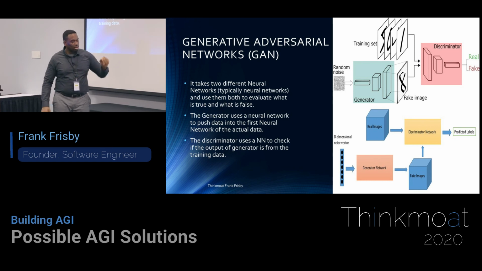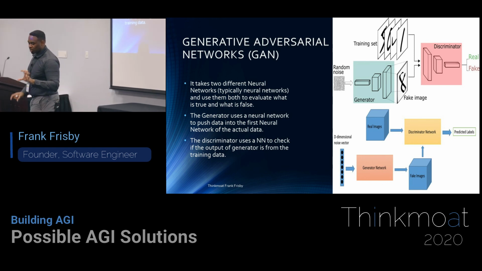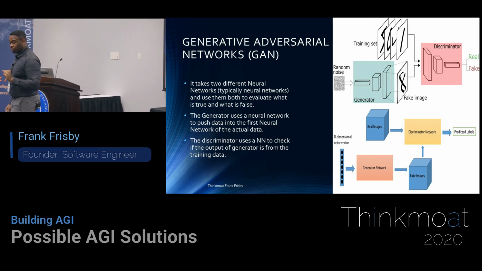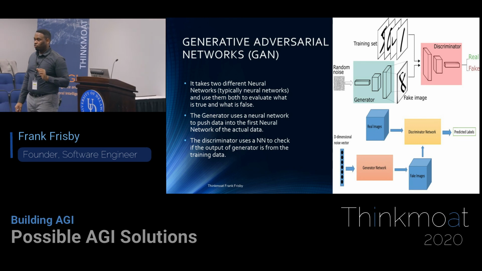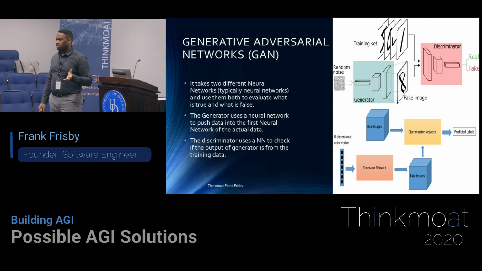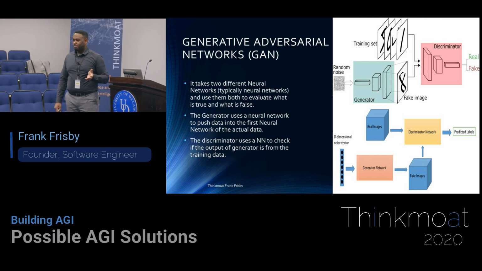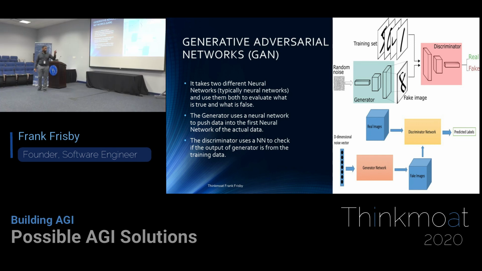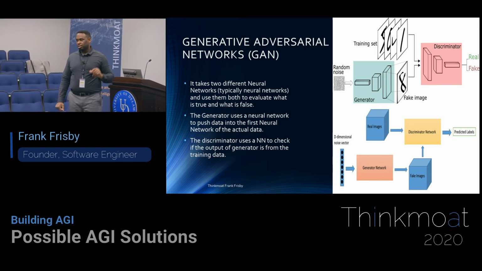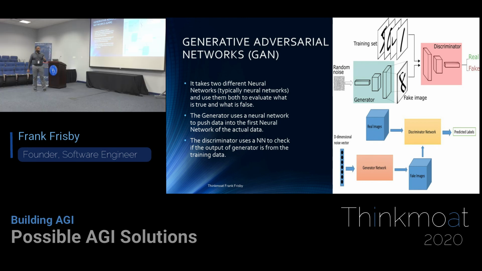And at the end of the system, you'll have two networks, one that can generate really, really real-looking photos to the point where people can fool people online. A lot of times you see people saying, I thought that was a real photo. No, it wasn't. It's been generated. And also a discriminator network that can determine, okay, this is actually a fake photo, this is a real photo. And it does this a lot. And you can do this in any domain. It doesn't have to be photos. It can be any other things as well. Text. It could be fraud detection systems, whatever. You can use this for that.